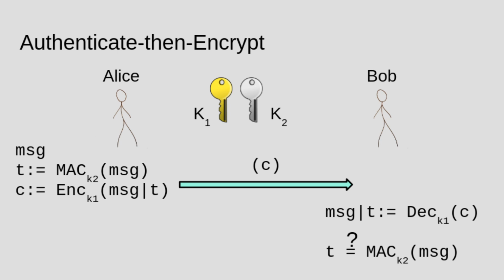So this seems like a better construction and improvement. The tag is no longer being sent in the clear. When Bob receives the ciphertext on the wire, the first step is for Bob to decrypt the ciphertext using the shared key, K1. This will produce the concatenated message with a tag. Bob can then recompute the MAC of the message using key K2 and check that the result matches the tag that was sent in the ciphertext. This one seems much better, and it is better than the prior setup, although in the general case, it is